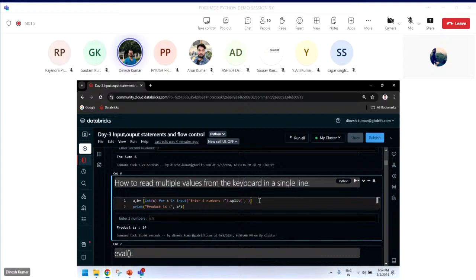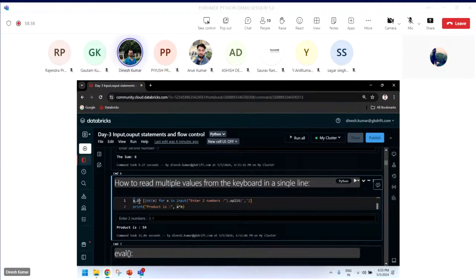What is list comprehension? I will explain in the next class or maybe an upcoming class. This is a major, important topic, and also a big topic, so I will explain in detail. But here you just understand that we are taking the input from the users with the help of this line, converting and splitting into two parts, and both parts we are iterating one by one,